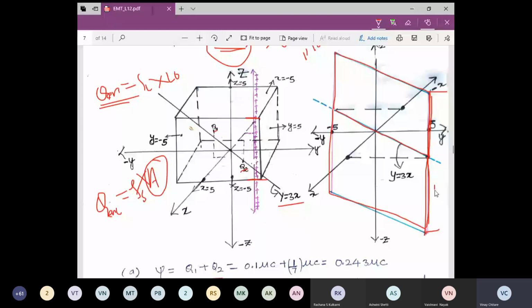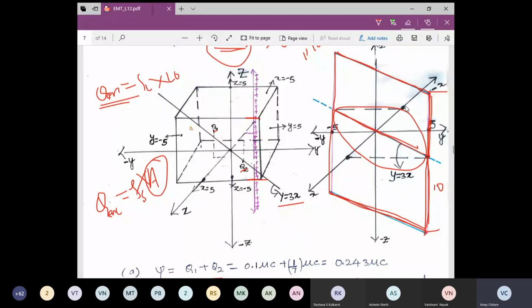Now the next thing is, I need to find this length. If I know this length and this length, I will come to know the area. And I'm very sure that this 10 meter is really trapped inside this cubical surface. My next question is, what portion of this straight line is trapped inside this cubical surface? You can see this dimension is the same as this length, which is also the same as this length.